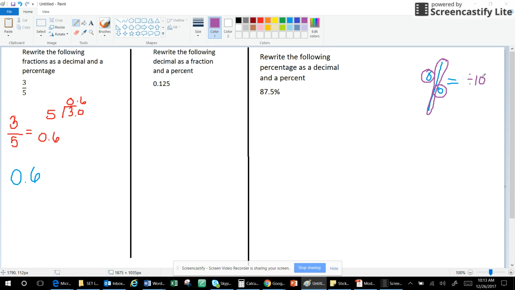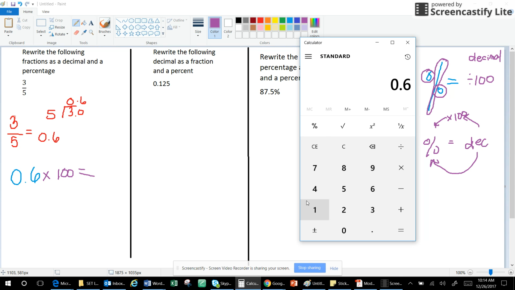So this is to get from percentage to decimal. If we're going the other way, and we want to get from decimal to a percent, we just need to multiply by 100. So I'm going to take this decimal and multiply it by 100, and voila,